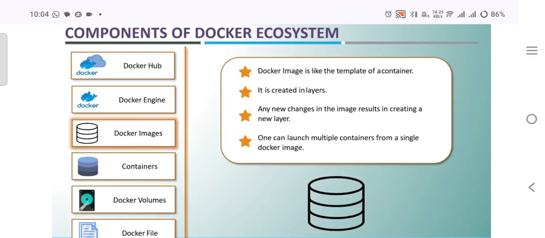Then comes Docker images. A Docker image is like the template of a container. It is created in layers. Any new changes in the image result in creating a new layer. One can launch multiple containers from a single Docker image. Means if you have an image available locally or on Docker Hub, you can run any number of containers out of that image. There will not be any issue. There will not be any conflict of resources. It will just be used as a template